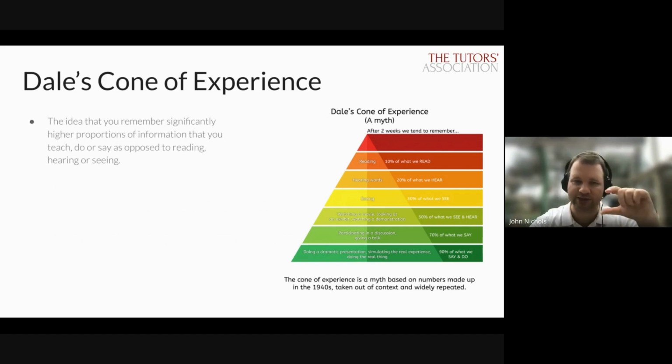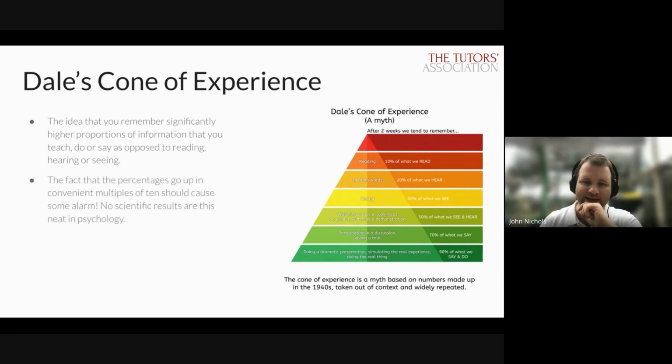And sometimes this is all put the other way around as well, sometimes where the pyramid goes up. But in either permutation, it's a complete myth. First of all, the idea that any scientific experiment would give you numbers quite so neat as this is complete nonsense. Nothing in science that I've ever seen has ever worked that way, with perhaps one or two very, very simple exceptions, like Hooke's law in physics, where it's literally a law of physics that the force is directly proportional to the extension.